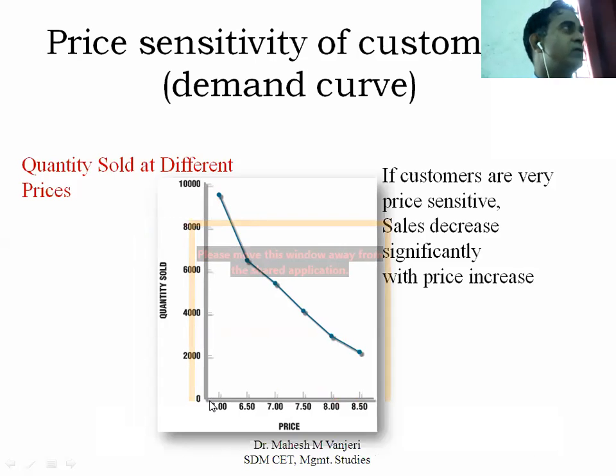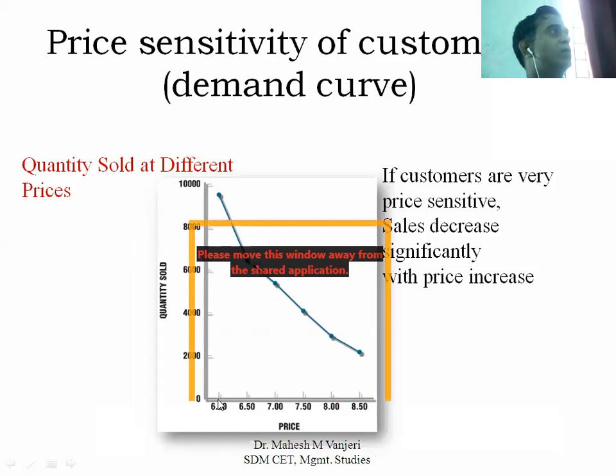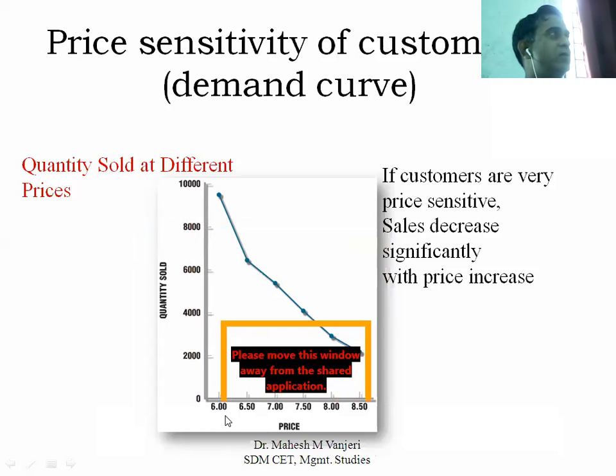You can consider the price in dollars. What you can see is that when the price is $6, the demand is highest, somewhere close to 10,000